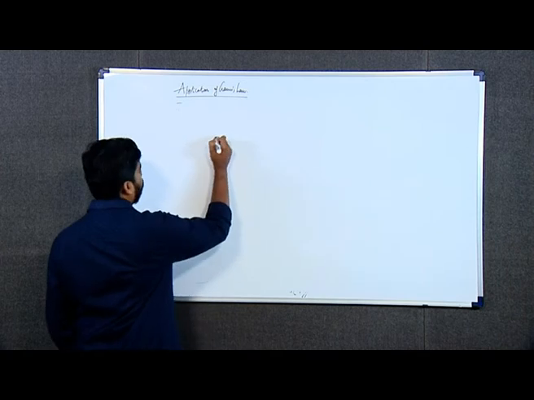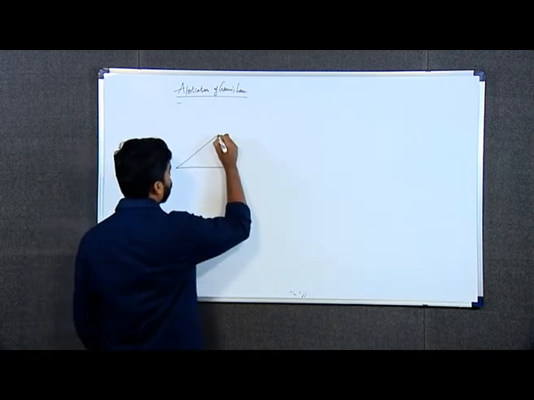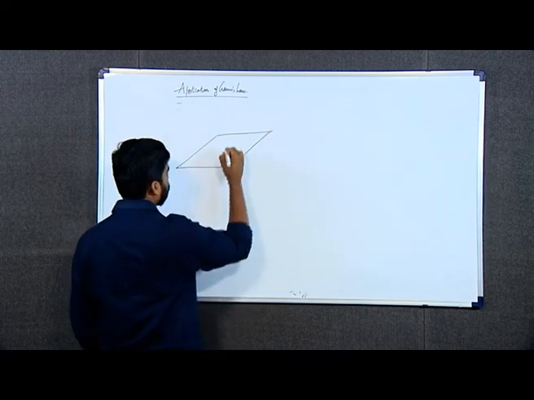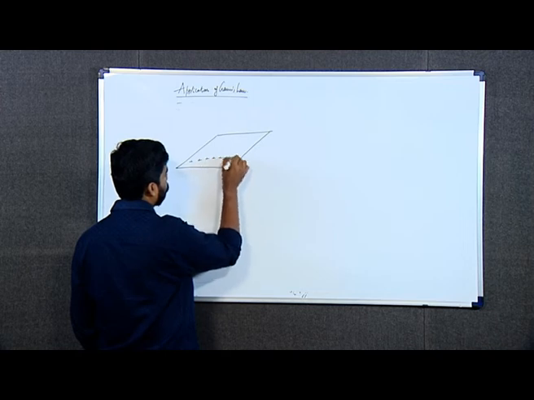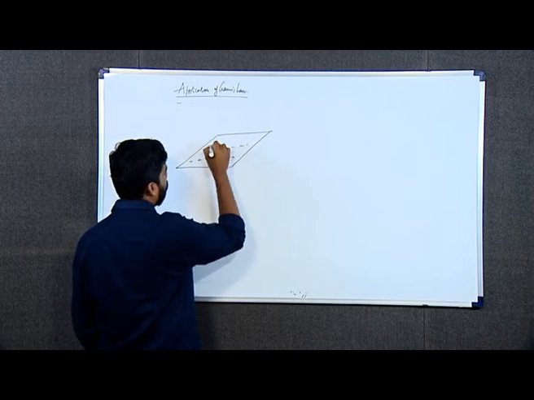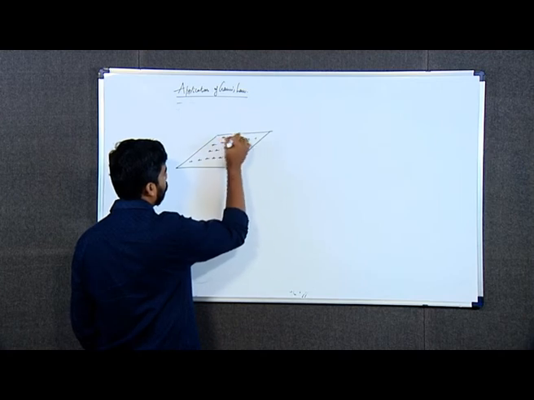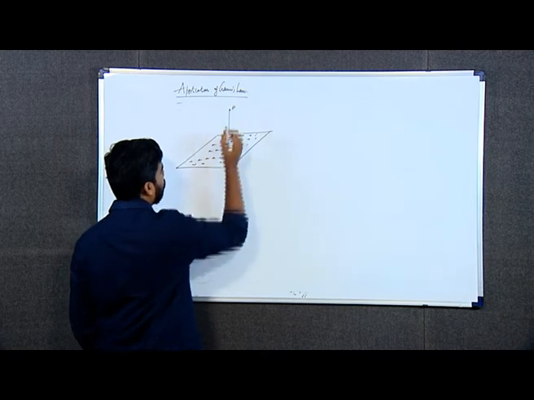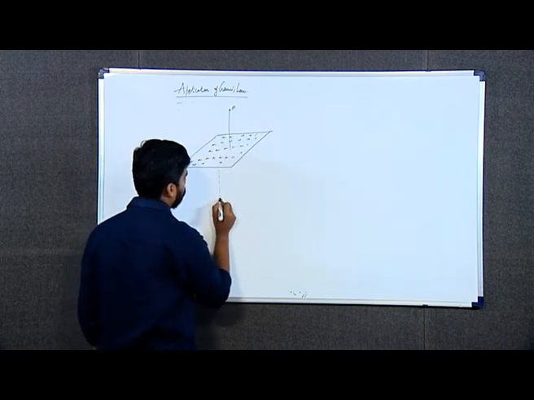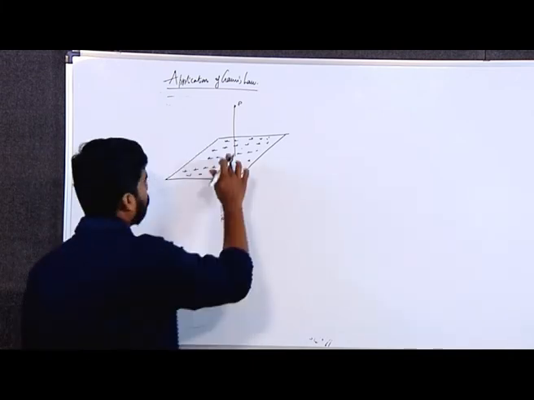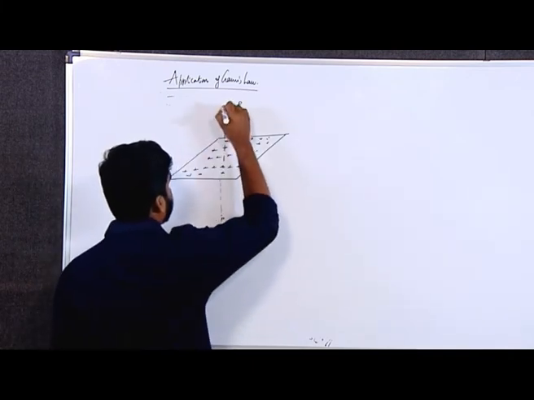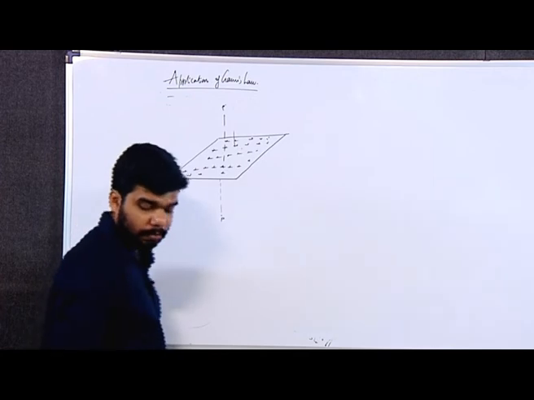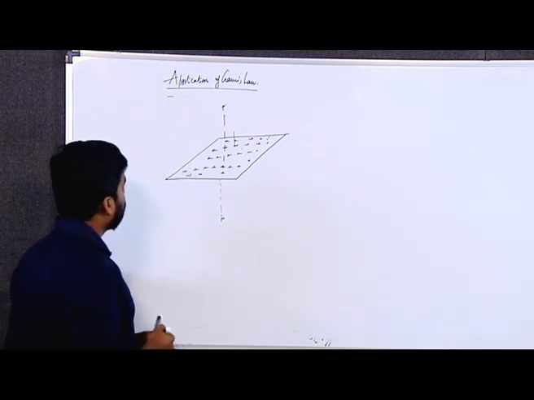Now at last we will look at a sheet of charge, a uniformly charged sheet, and we want to find out the electric field produced at a point P above and below the charged sheet, which is at some distance. So for that I am considering